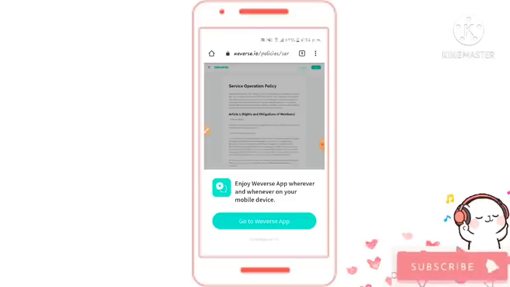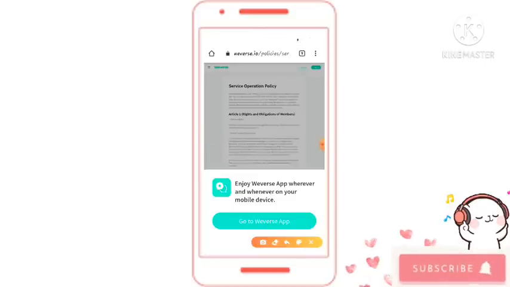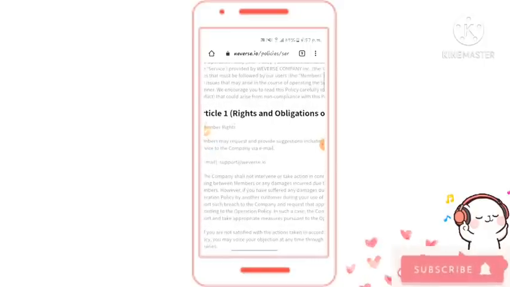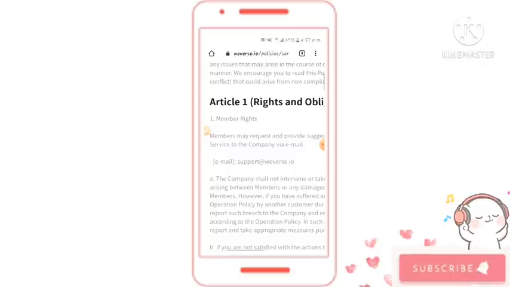So you have to click on continue with PC right over here. I'm unable to show this option to you because the marker options are coming over here. So I'm just going to click on continue with PC. After clicking on continue with PC, I'm going to zoom it, and here you can see a support email by